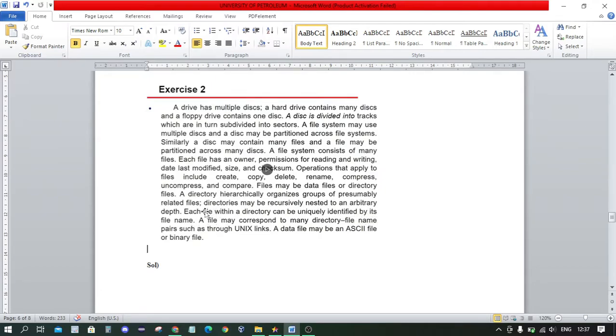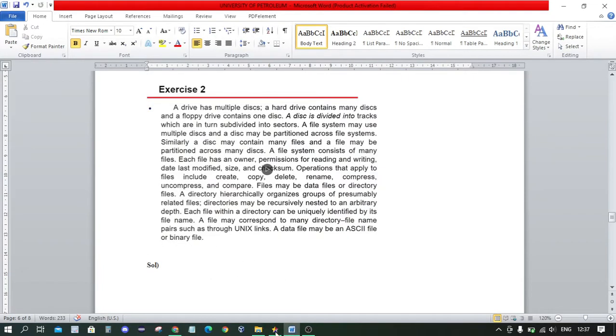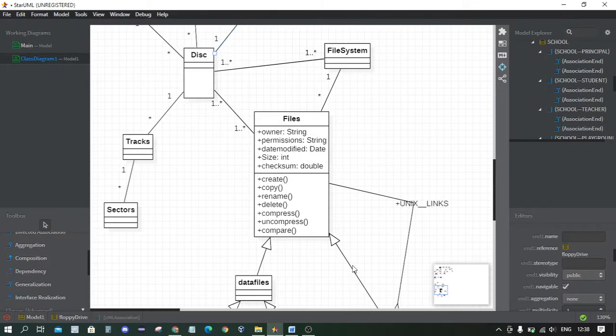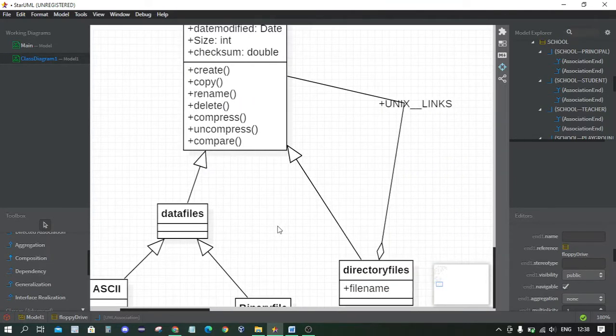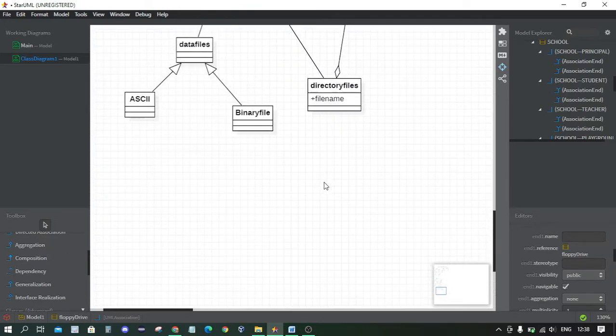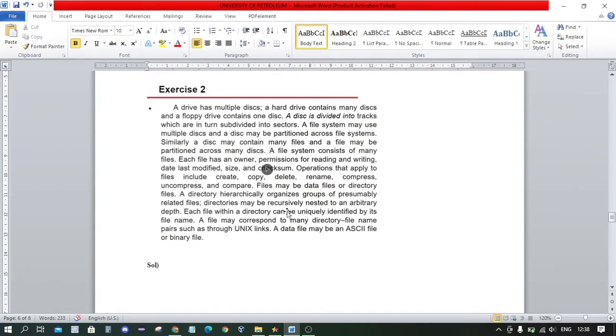So each file within a directory is our child class, which can be uniquely identified by its file name. It is clearly understandable that it is an attribute in our directory file, the file name. And you can see I wrote the plus symbol because I want to make the file name public.